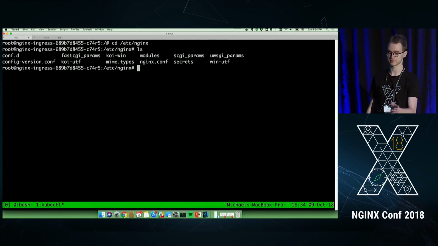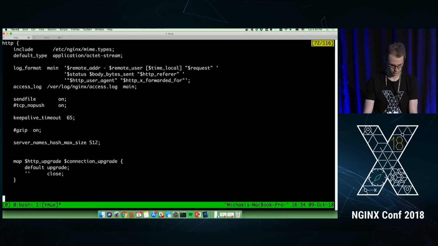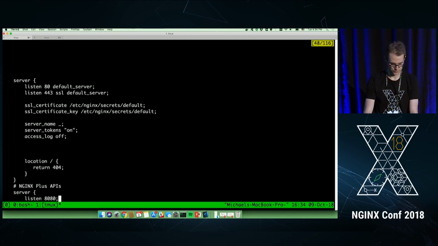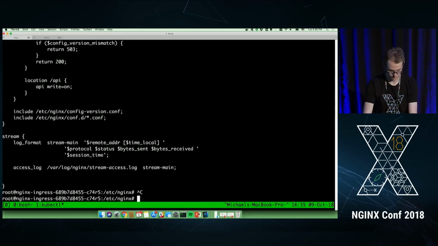Okay, here we are. These are some default configuration files, and we also have the main nginx.conf file, which we actually generate. I'll explain how this config file is generated in a moment, but here it is. The important thing here is that it actually includes configs from another folder. So it includes here, and this folder stores the configs. If we go to that folder,